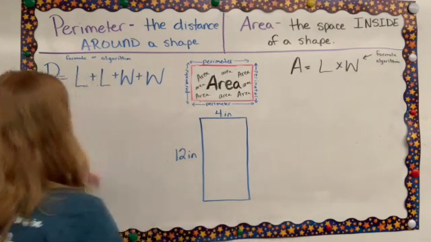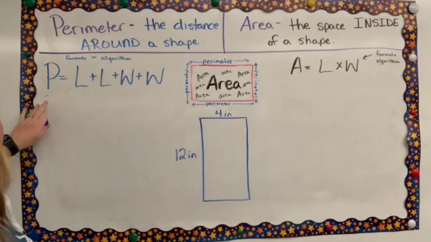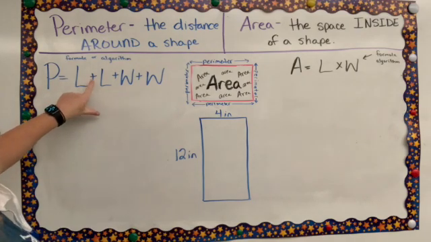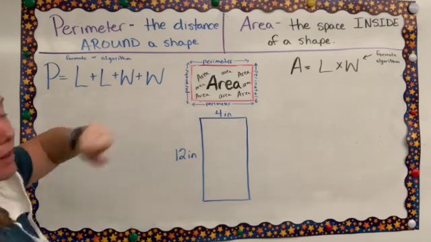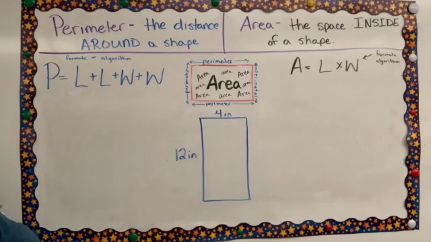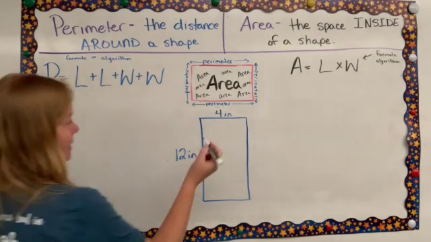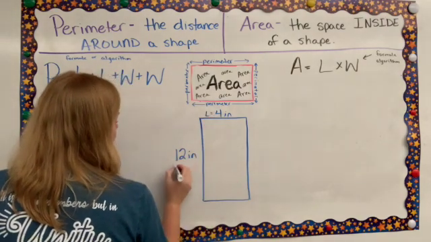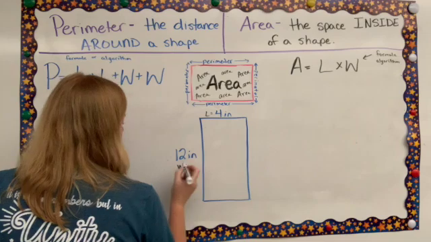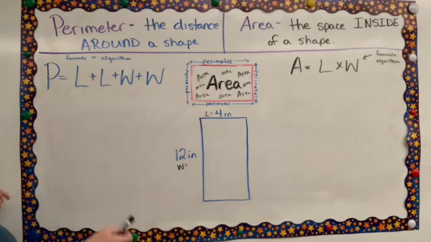Perimeter equals that formula. What's the formula? Length plus width plus width. Perfect. Length going which way? Go ahead and label it so that you keep it consistent. Length equals 4 inches. Width equals 12 inches. Length